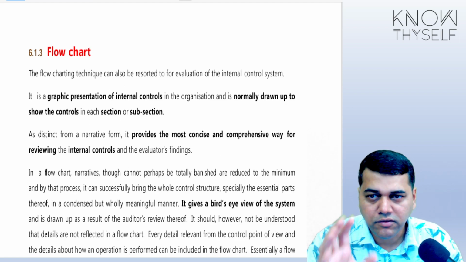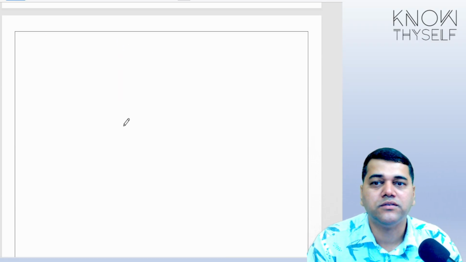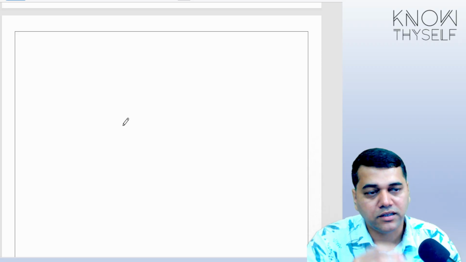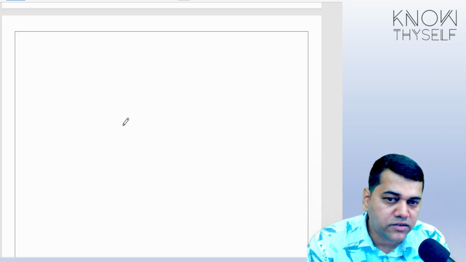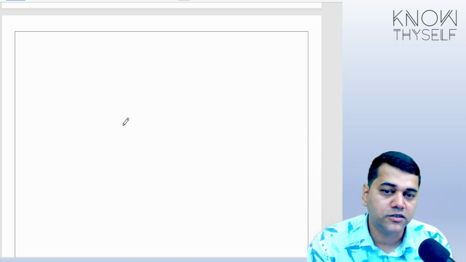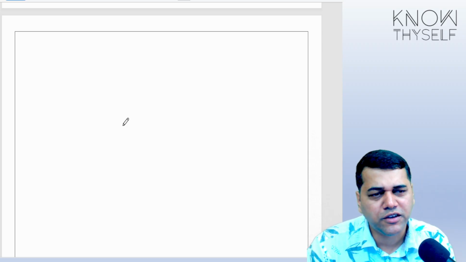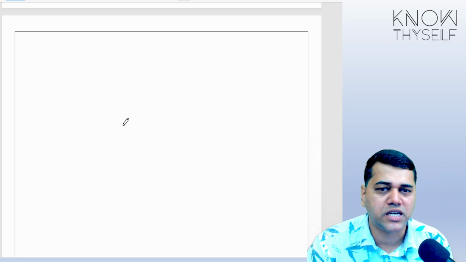Now let us go to the flow chart, because people say that one picture is better than 1,000 words. Now what is happening in the flow chart? Students, we may have to skip some of the contents of this particular thing. We will see that, because they are given such a big flow chart for you to understand.